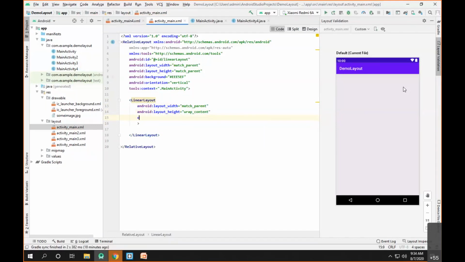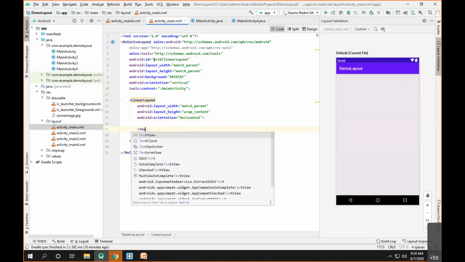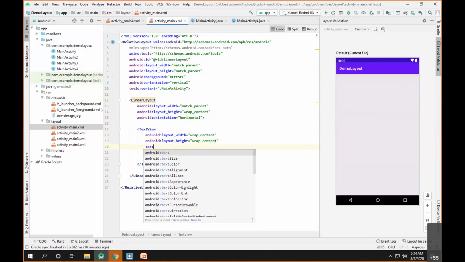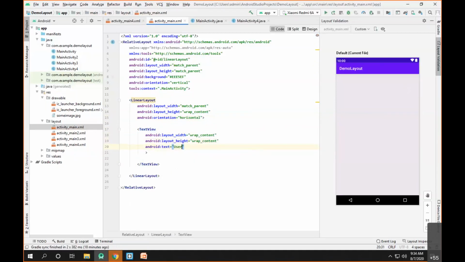Inside the linear layout, two different controls. The first control is a text view whose width and height is wrap content, and this view asks for the username. So I can set the text as username.